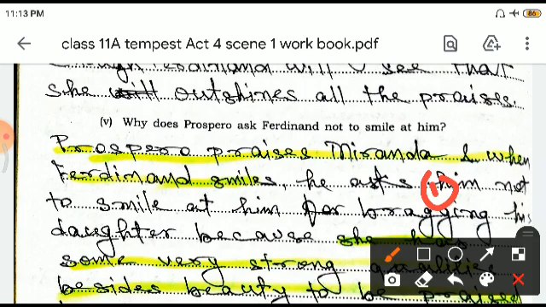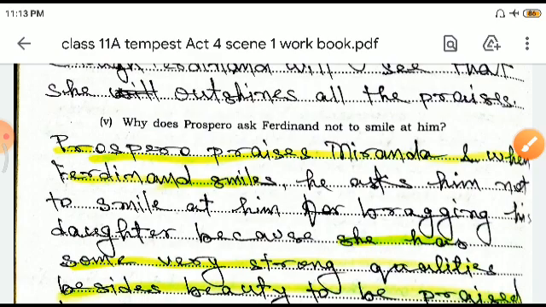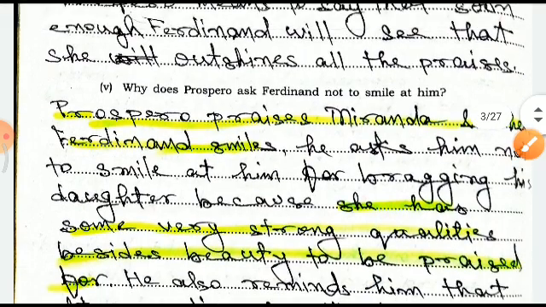So whatever Ferdinand was doing, Prospero was looking very sarcastically at him with a lot of caution. He was observing each and every movement of Ferdinand. So when Ferdinand smiled, he regarded it as a negative thing, that maybe Ferdinand might be thinking that I am boasting a lot about my daughter. Right? Now, Prospero knows what qualities Miranda has. So while he was telling Ferdinand about his daughter, he knew what qualities she had,